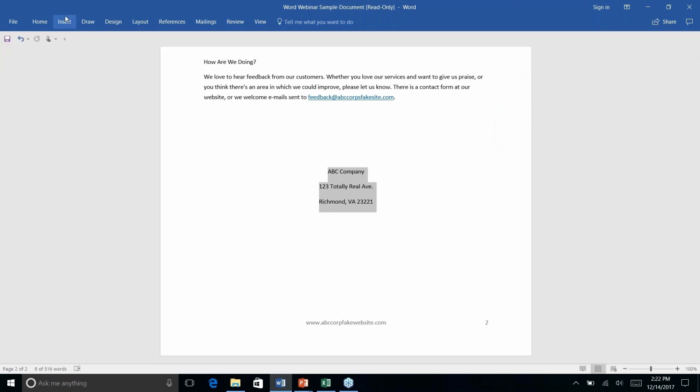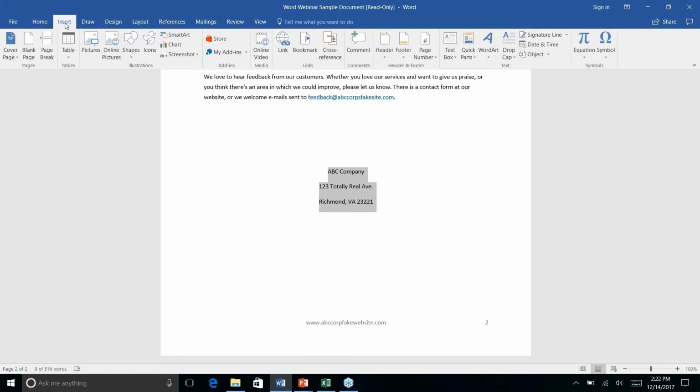Okay, so you're going to want to highlight the information, go into Insert, and then Quick Parts. This option here, right at the top where it says AutoText,